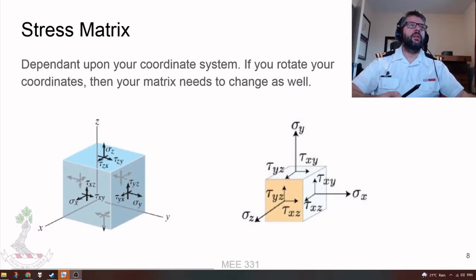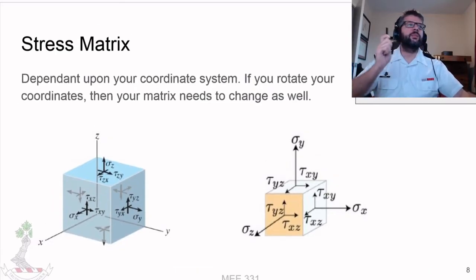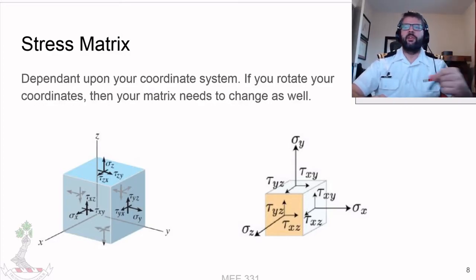So this is dependent upon your coordinate system. If you switch up your coordinate system, then your matrix is going to change as well. If you redefine your axes, you pick a different coordinate system orientation, then your matrix is going to need to change as well. So here's two examples where here the x is this way, the y is